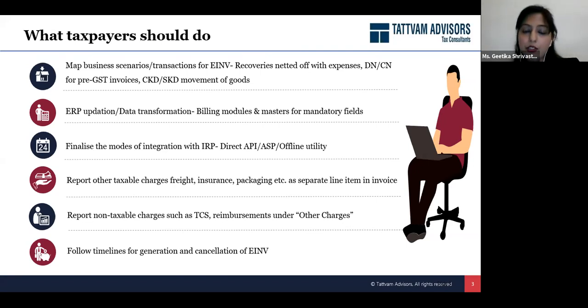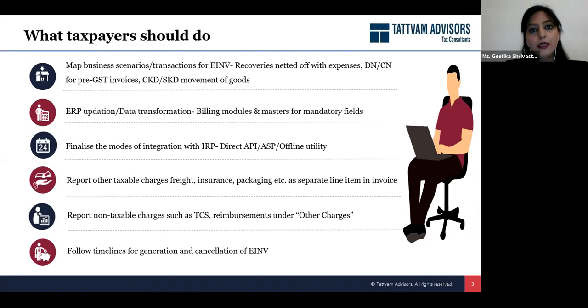There is an offline utility which is available on the portal. You can download that utility, upload entire data of all the invoices for which you need to generate an IRN, convert it into JSON, and then send it onto the portal, and you'll get the IRN numbers generated for each and every invoice. But there is one restriction over there, that this offline utility cannot have a data of more than 2 MB. So only those businesses where the data is low and let's say the invoice value is high and the number of invoices is low, they can opt for the offline utility and ensure that the data is not more than 2 MB. Otherwise, the portal will not accept the data.